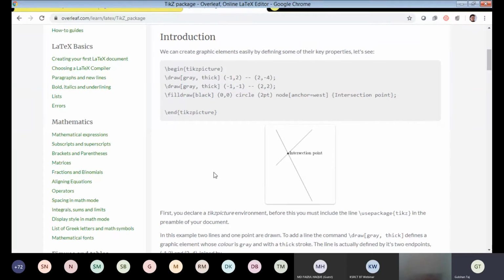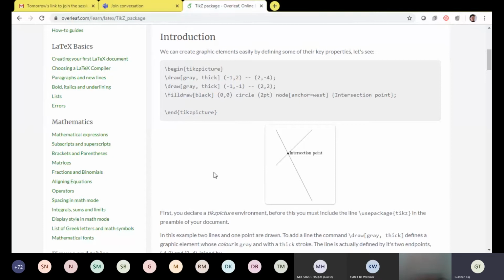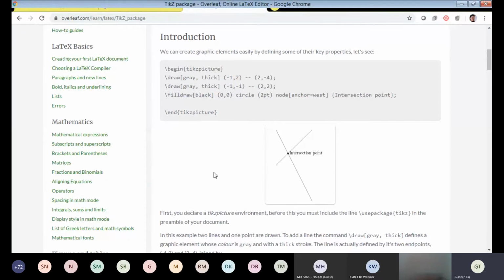LaTeX is something you can play with like anything, and within a few seconds you can add or delete so much information. Whereas in Word, if you change a single line, the entire page setup goes. Your diagram will move, your table will go here and there, and then you have to run behind them, right? I think all of you have had this experience, and I definitely have, because once I make the picture short, every content goes out of alignment.